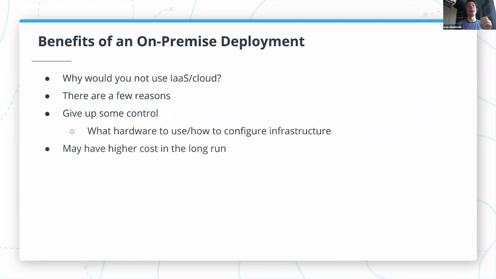The second reason is that in the long run, it may be more cost efficient to run your own hardware. This is a very tricky thing to count because, first of all, you need to include costs, like you need to pay specialists to configure your infrastructure, but also depending on what application you use and how stable the demand for this application is, the calculation of costs can be trickier. And sometimes you cannot use a cloud for legal reasons. For example, some countries demand that user data should reside in a specific country, and in some cases, there are some countries that don't have cloud providers.